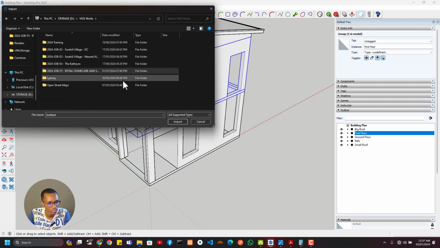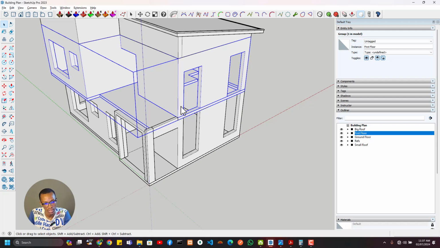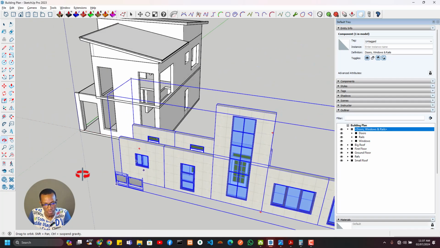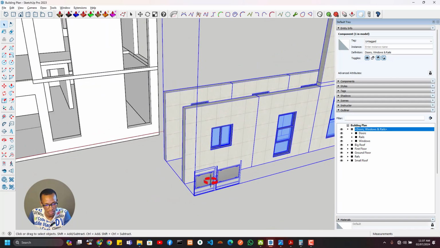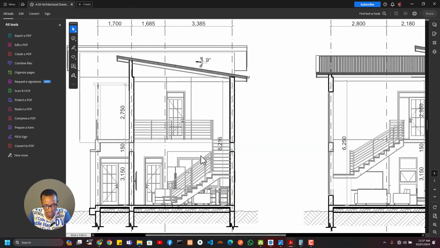All right. Model. All right. Building model, window doors, and rails. So I'm just going to drop that right there, and I'll just go ahead and pick up my rails. So I will consult the